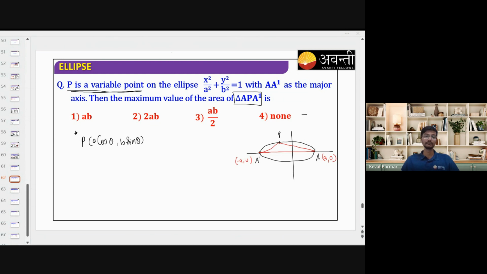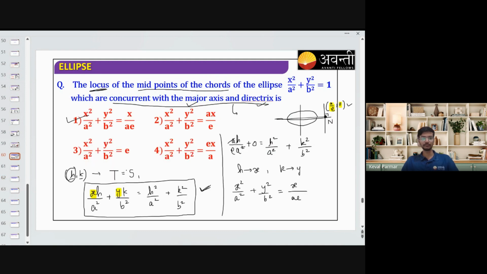Area of triangle is half into base. What is the base? Base is A dash, that is 2A. What is the height? We have assumed the point P as A cos theta, comma B sine theta. That means this distance is B sine theta. So height is B sine theta, 2A into B sine theta. So A and A will get cancelled. We'll get area of triangle as,